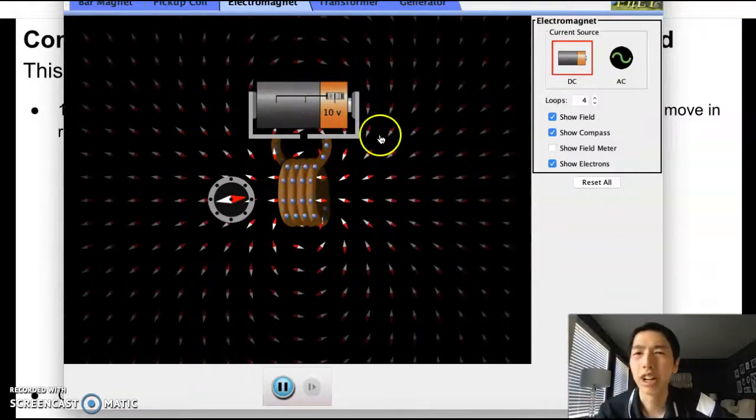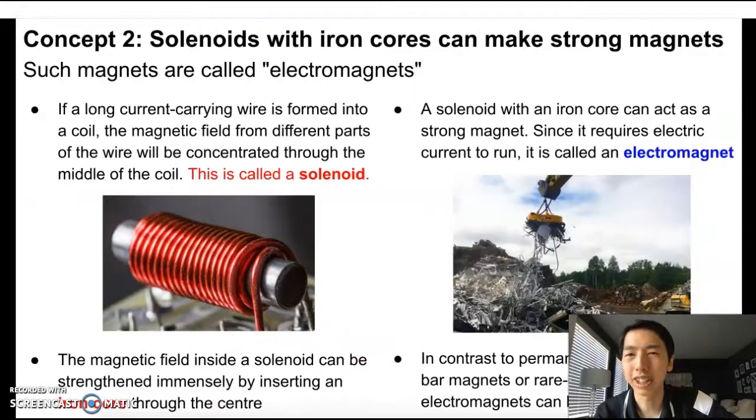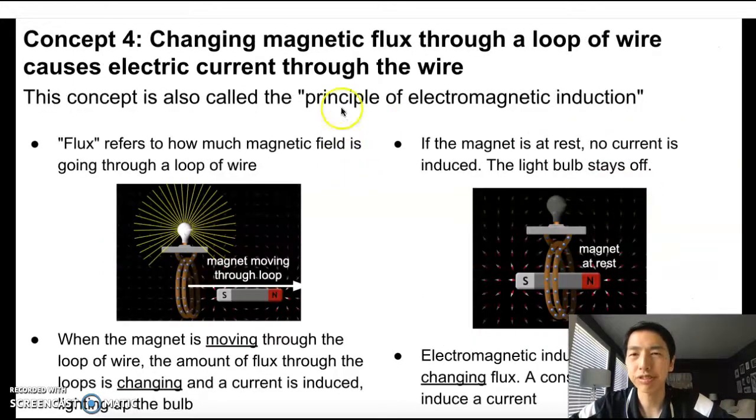All right, so that was concepts 1 and 2. Concept 2 was about solenoids and electromagnets. And concept 3 is that a magnetic field applies a force on a moving charge. I don't actually have a simulation for that one, unfortunately. But now I'll move on to concept 4, which says changing magnetic flux through a loop of wire causes electric